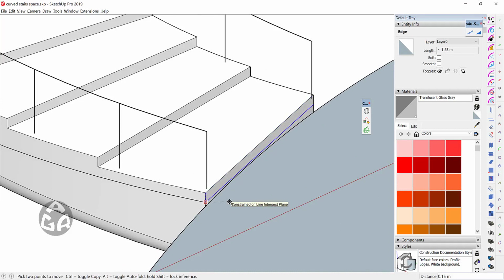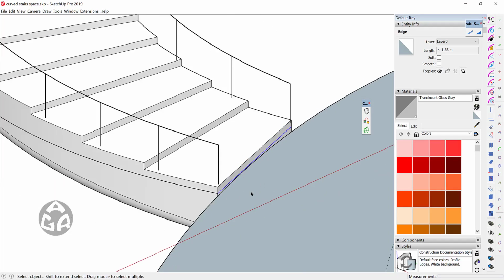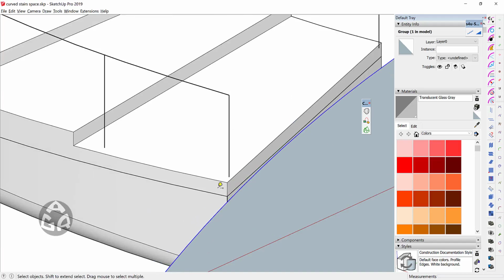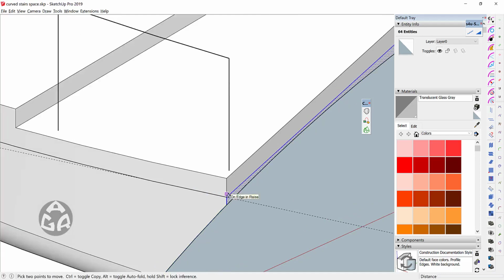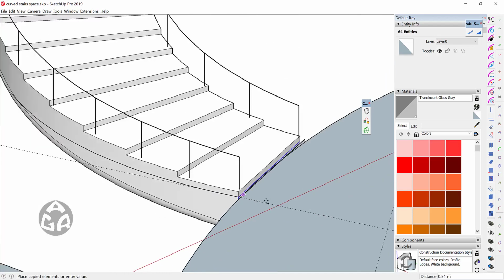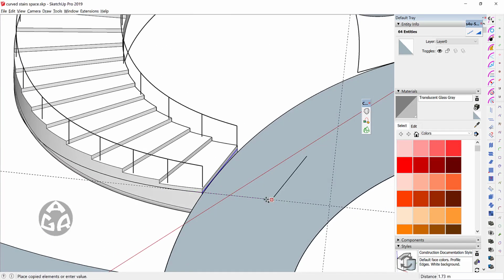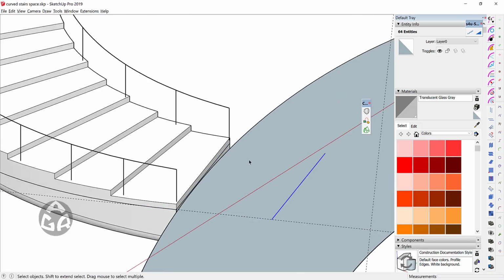I will move the top line to be aligned at this level of this surface over here, and I will use tape measure tool once again to double click over here to have a guideline over here, and I will triple click on this curve and I will copy it once again to about here,